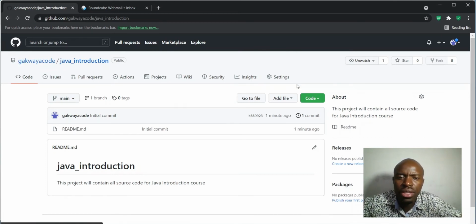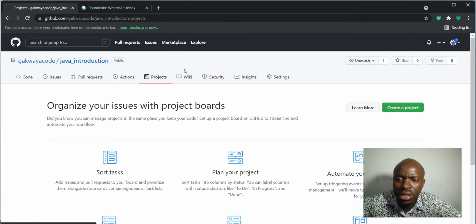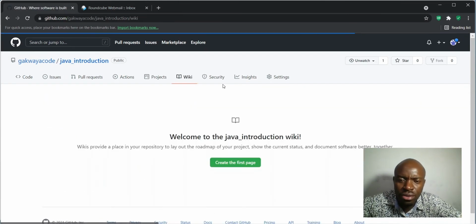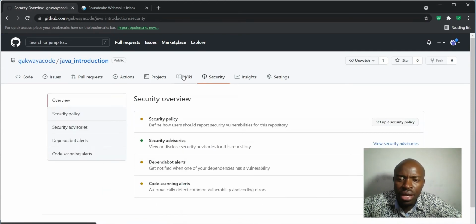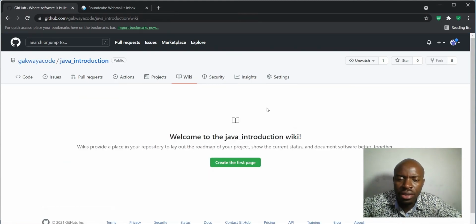Action, project, weeks, there's a lot you can do here, but from my side, according to the presentation, I think at this level I'll be done. So now I'm going to the code,